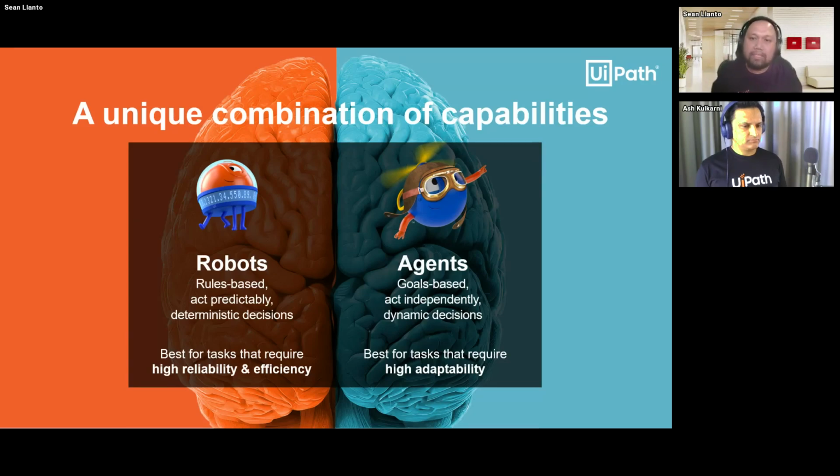Eventually, the point of an agent is that you give it goals. You're not giving it just one task to do. You're giving it a whole requirement, and it will make use of smaller tasks to achieve that requirement. They act independently and take